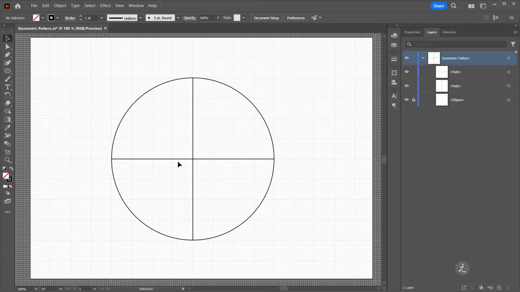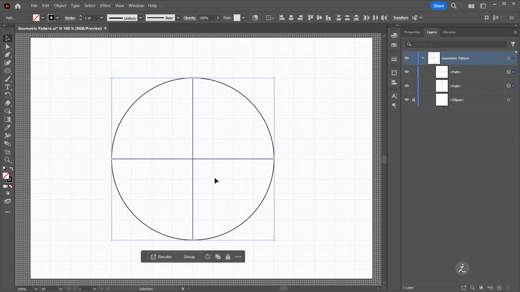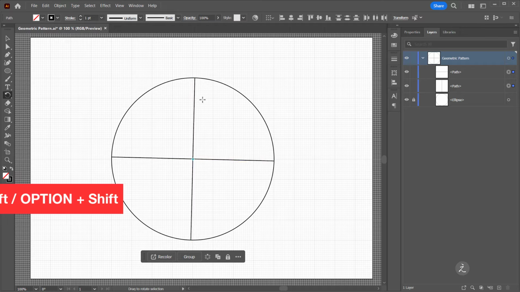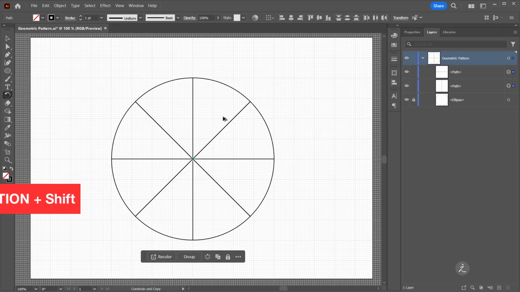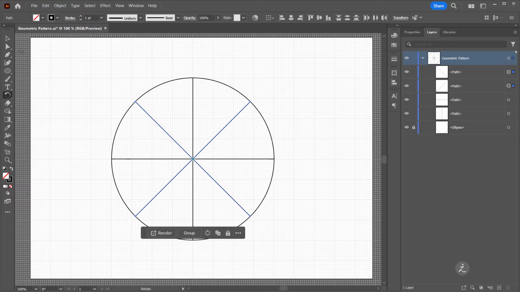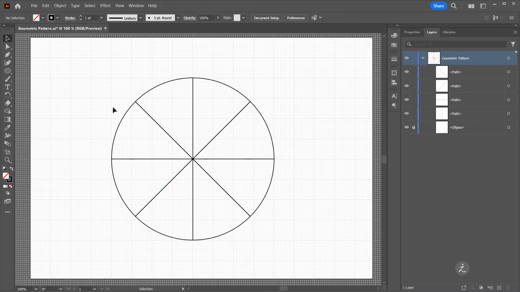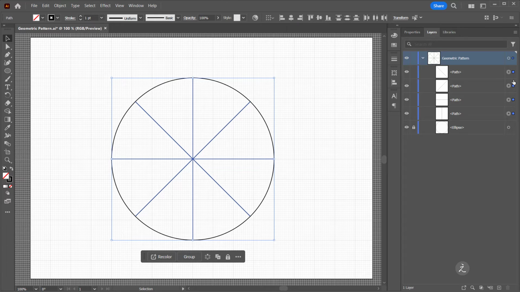I'll deselect everything, marquee select these two, and I need to make one more duplicate. So another way to do this is to grab the rotation tool and I'll click and drag, and as I do, I press the Shift key and the Alt key on the keyboard to create the duplicates and release. I will marquee select all of these. Again, I'm double checking my work inside the layers panel.